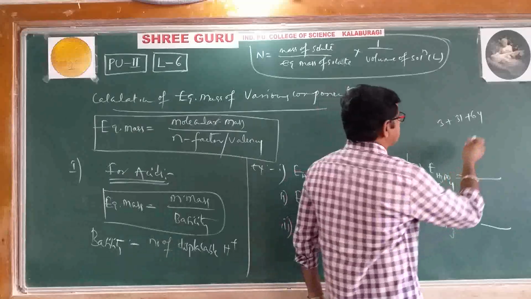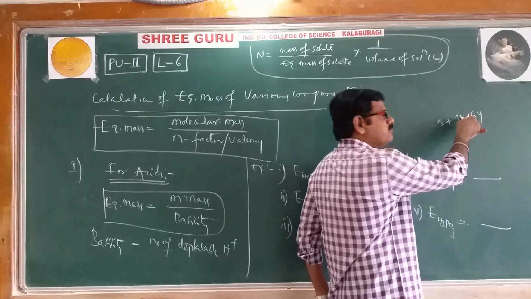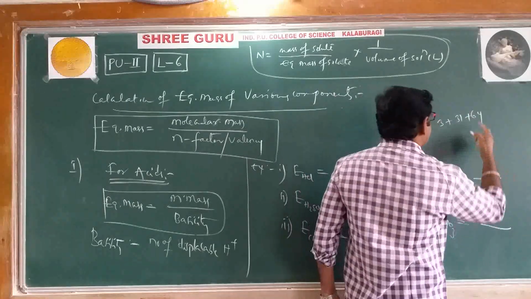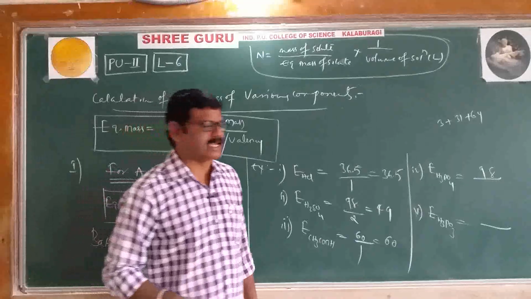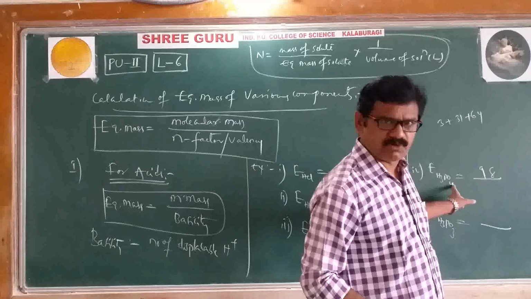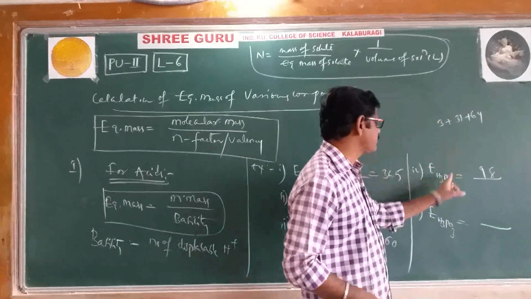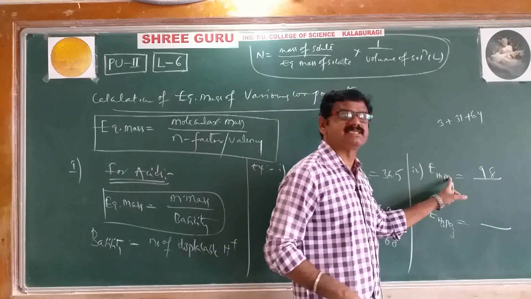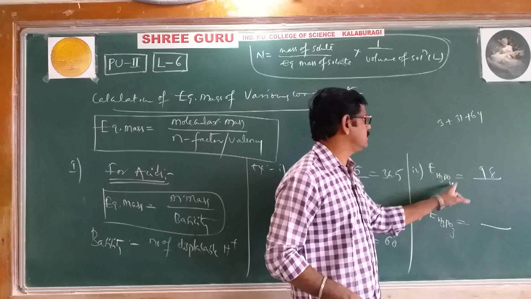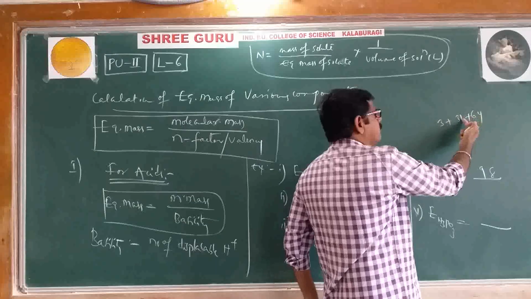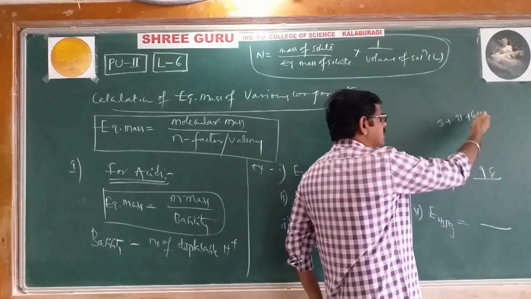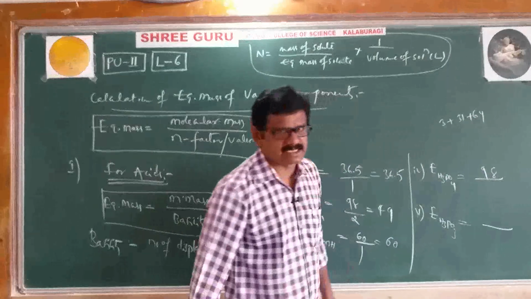We'll add: 4 plus 1 is 5, 5 plus 3 is 8, and 6 plus 3 is 9. 98 is the molar mass of H3PO4. Once again, 3, phosphorus 31, and 16 times 4 is 64. If you add, 98 is the molar mass,